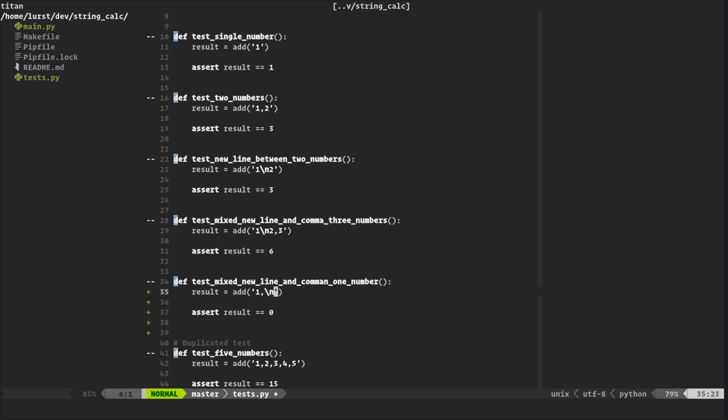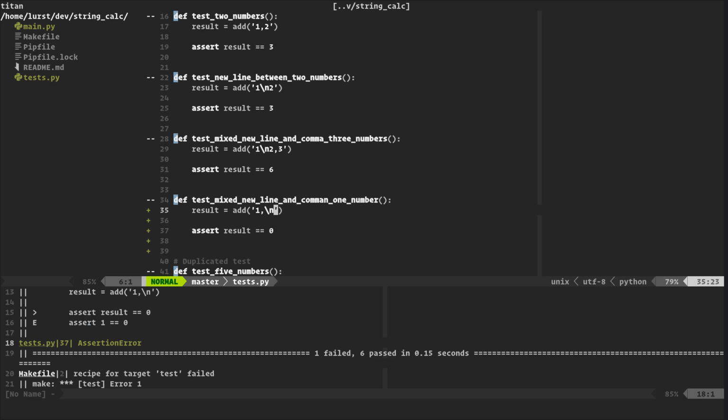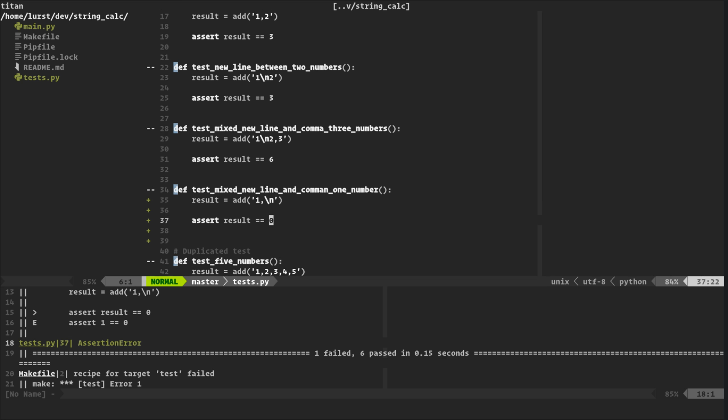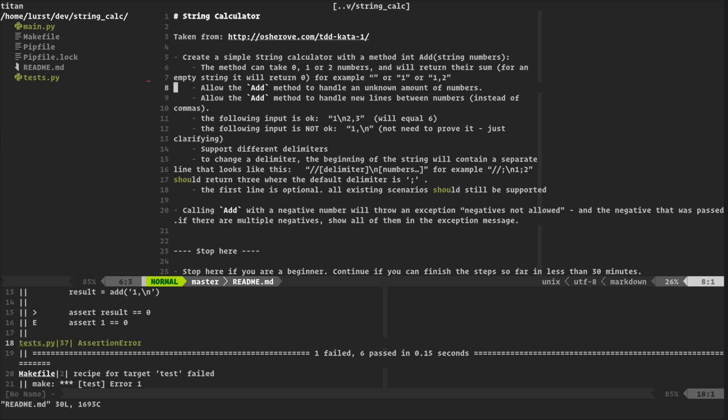And, well, doesn't matter, but let's see. I'm not sure it makes sense to be 1, right? Because there's no number here. Oh well, I know that later we're going to have smarter erroring, so I'm not going to.